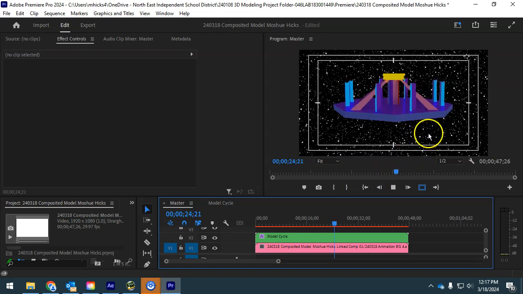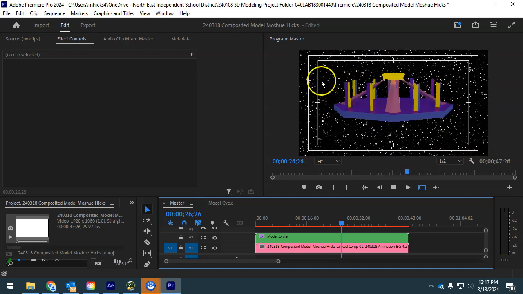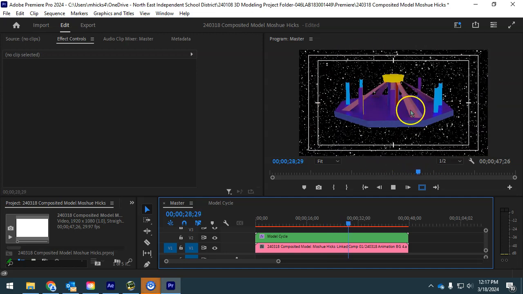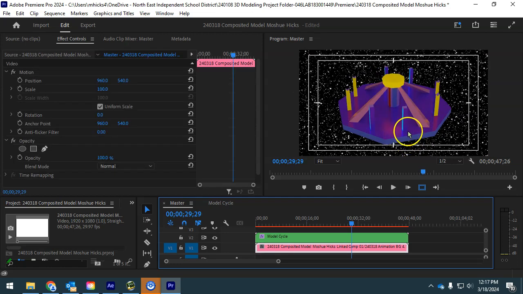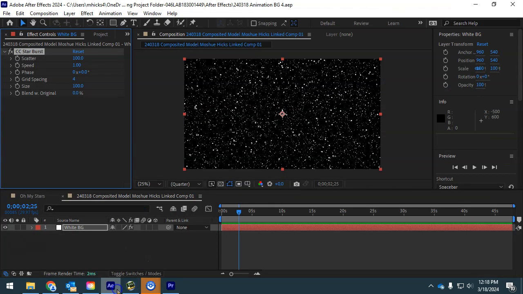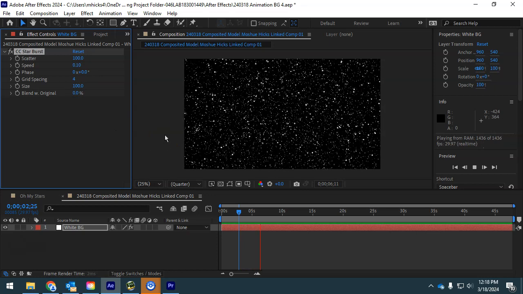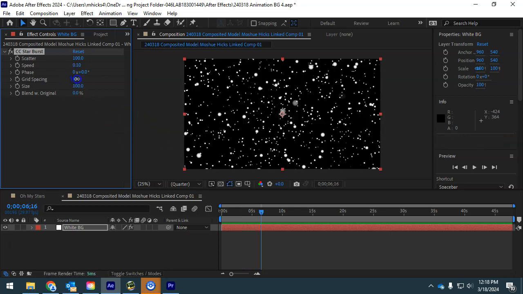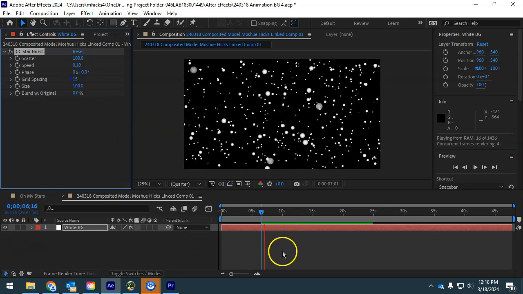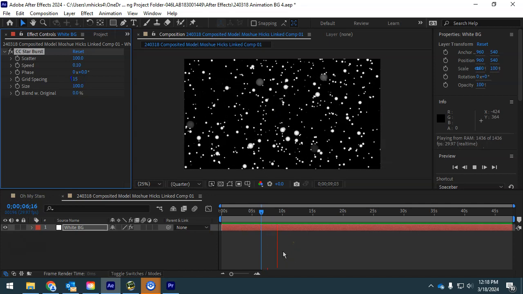And with this much data being required for stars, it doesn't really leave a lot for the model. And when it's encoded and then playing from Google Drive, your model can suffer. So it is highly recommended that we slow these down. For one thing, I'm going to put 0.1, and that just gives us a lot slower. And then increase the size of my grid spacing so that now they're kind of spread out that much more,